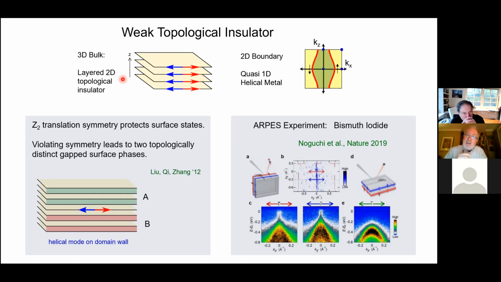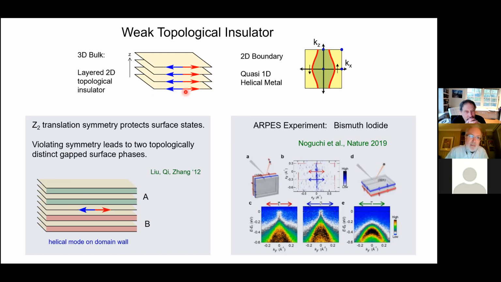What we realized is that in addition to the Z2 topological invariant that distinguishes a strong topological insulator with the helical surface state from a trivial insulator, there are actually 3 other Z2 topological invariants that characterize a 3-dimensional band structure. Okay, and so these other 3 are the weak topological insulator invariants, and the way you can think about a weak topological insulator is it's basically a stack of two-dimensional topological insulators. Okay, so if you just have a bunch of two-dimensional planes and you stack them on top of each other,